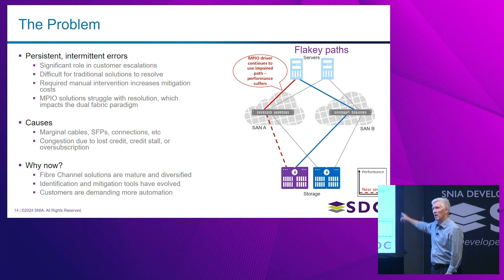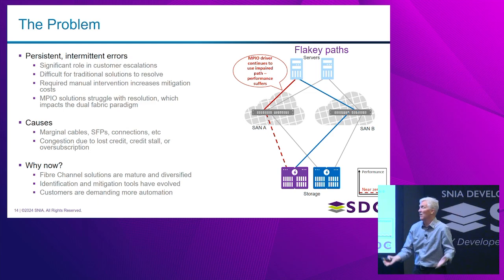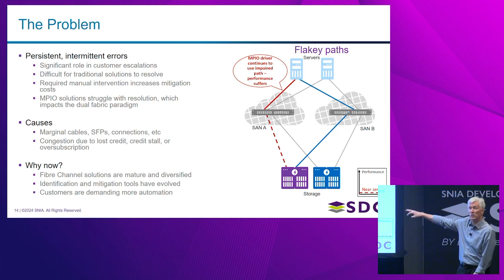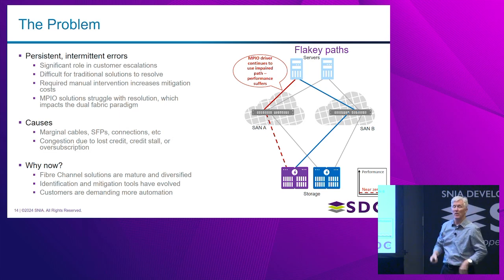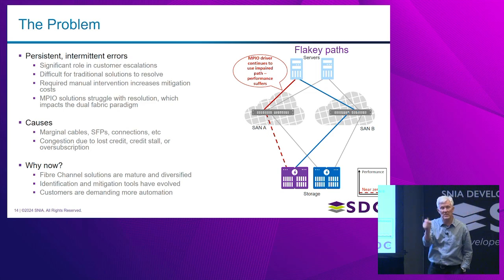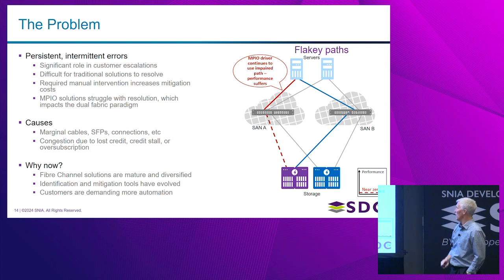That would drop the performance of this AB SAN that was supposed to be highly resilient to near zero. Completely frustrating for SAN administrators, and certainly frustrating for CIOs who are saying, hey, I'm paying a lot for 2 times the infrastructure to get half the performance. To solve that particular problem, which we found is usually associated with marginal cables, SFPs, or various other connector type issues, the interfaces along these paths were working well enough for things to happen, but not well enough for sustained I/O.